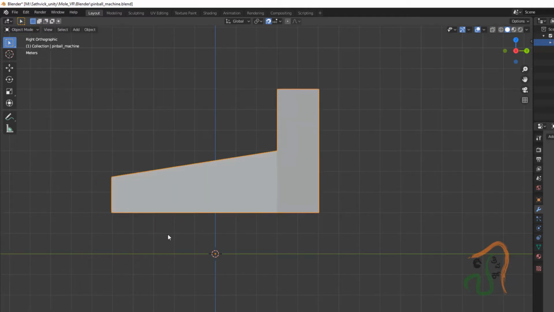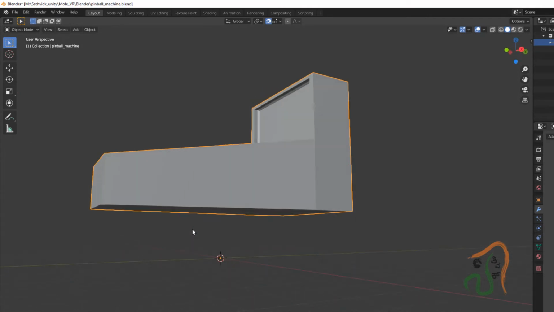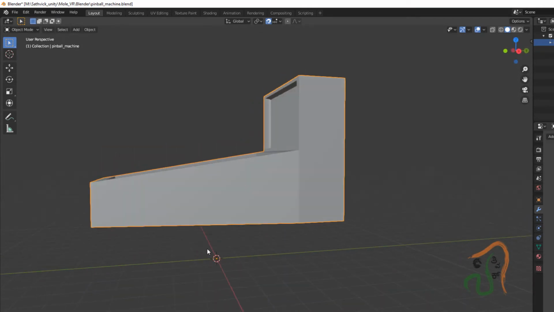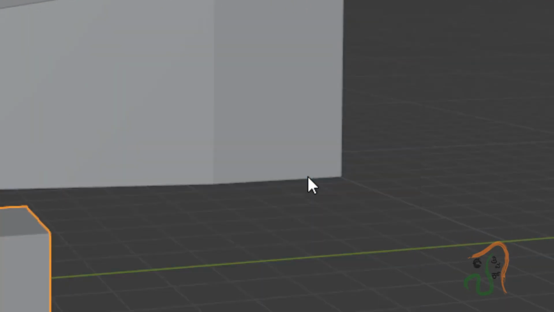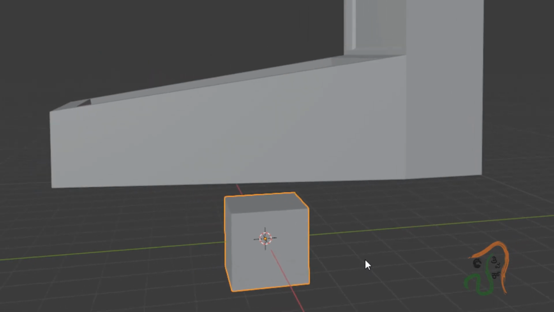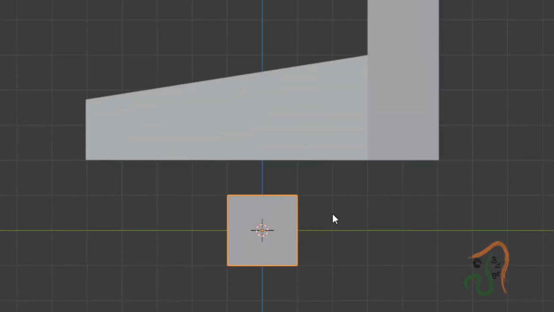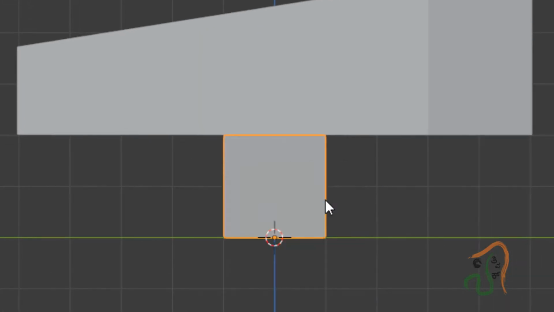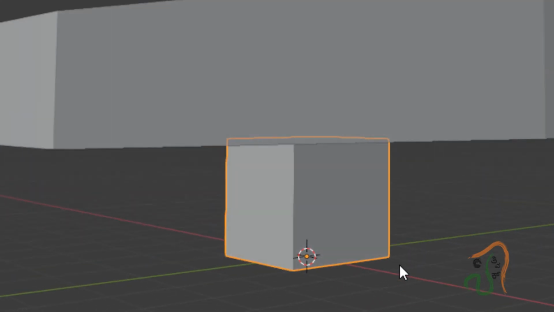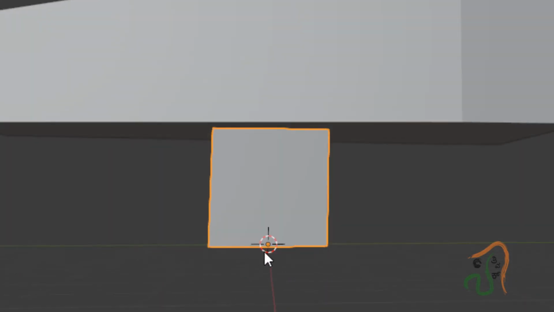Press tab again, and now the next thing is, let us add some legs here. To add the legs, what we shall now do is press shift A, come to mesh and add a cube. Again, press 3, come to the side view here and press G, and along the Z axis move it one stage above. After this, press Ctrl A and choose apply location. When you apply location, the origin point will be at the bottom.